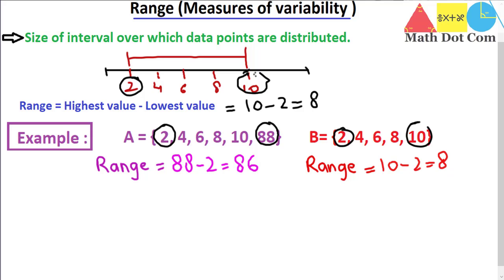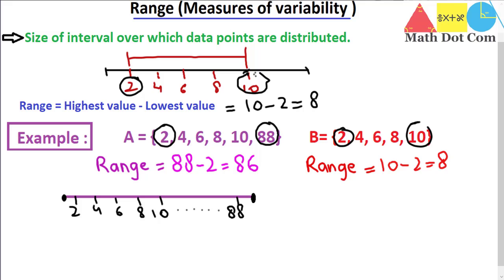These are the ranges of the two different data sets, but how do they differ from each other? The most important thing we can understand here is how far away the points are from each other or from the mean. If we draw these values on a number line, what will we get? Let's draw it on the number line. For data set A, if I plot the numbers as 2, now we will draw the number line of data set B. So these are the two number lines of the two different data sets, and how they differ from each other. It is clear here that in data set A, the data is more dispersed.